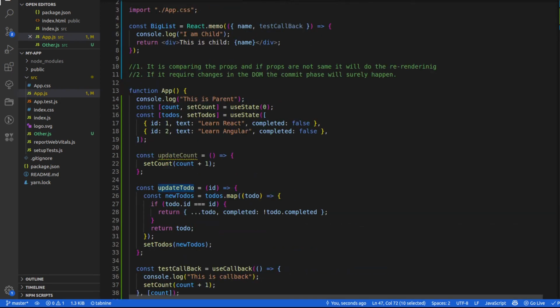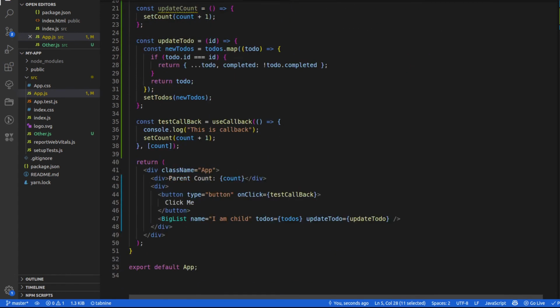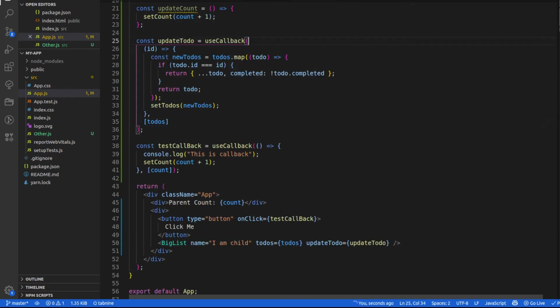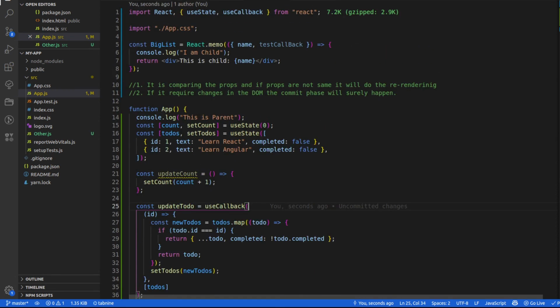Okay, and right now there are only two to-dos. In reality, there will be a huge set of to-dos, and I am passing that and clicking on that, so it is going to be a big list. Then, if I am using React.memo and using this useCallback hook, like callback over here, then it would have made more sense. And then the dependency array as todo. Okay, so that was just for clarity purposes.